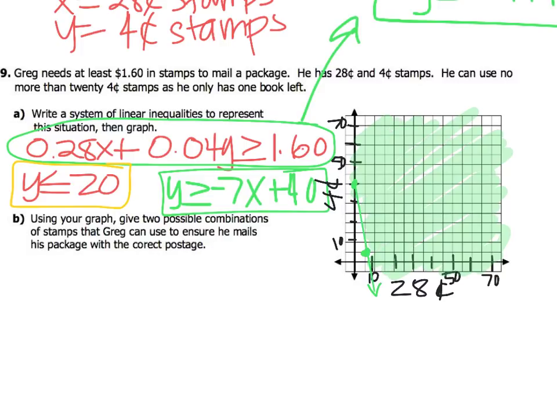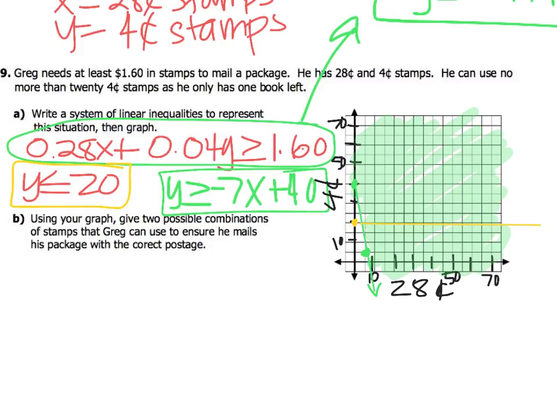Now we want to graph our second one, all right? Our second one was y is less than or equal to 20. So y equals a number is always a horizontal line. So we know we're going to have a horizontal line at 20, okay? So we put a dot at 20, and we want a horizontal line at that point because y equals a number is always horizontal, and because it's less than or equal to, it's going to be solid. So we would do a horizontal line,